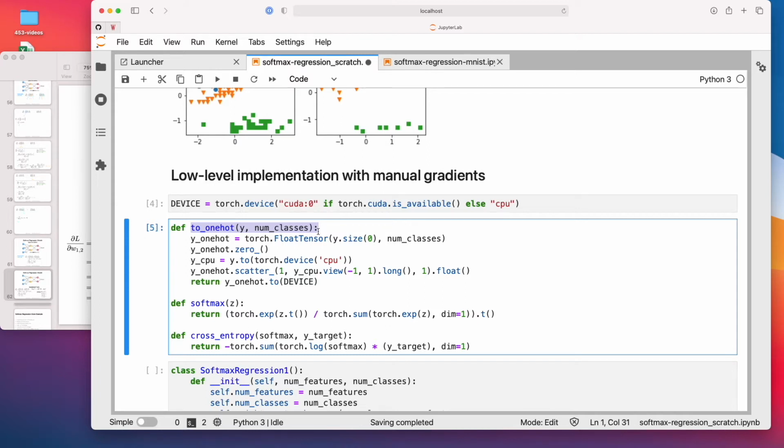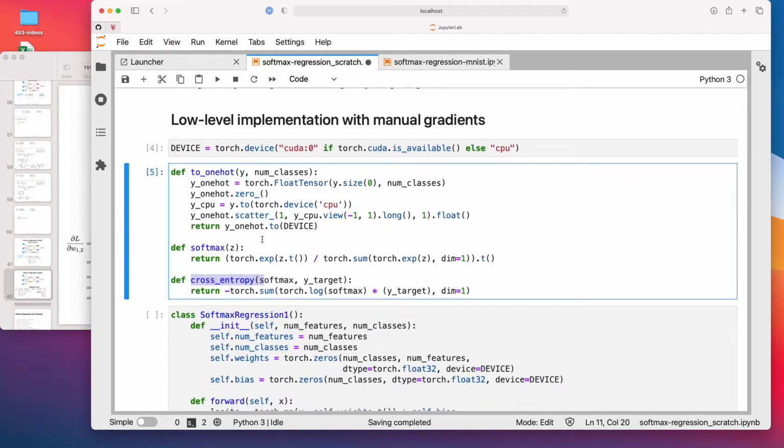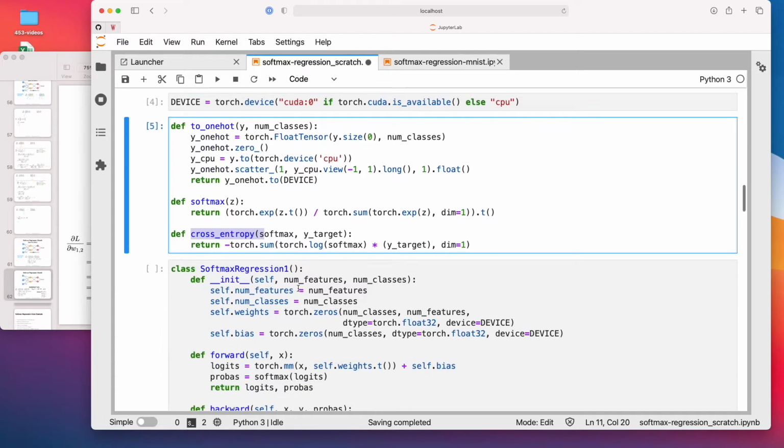I will show you how that looks later. It also has the softmax and cross entropy function already implemented, so you don't have to worry about this yourself. I'm just doing it here to really show you that the mathematical concepts from this lecture translate one-to-one into code, and it actually all works.